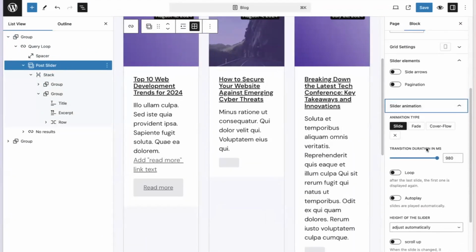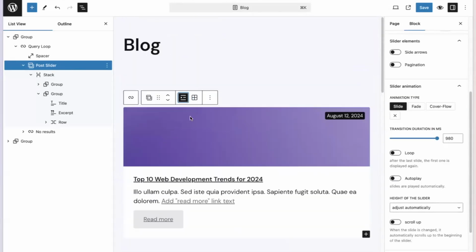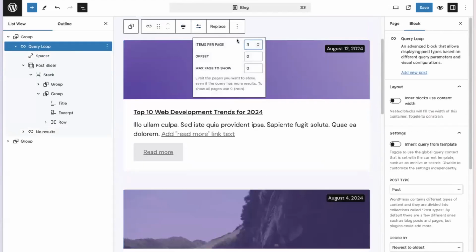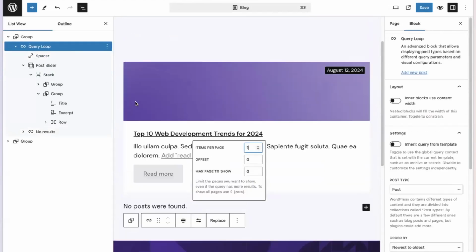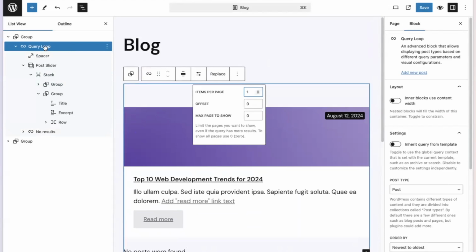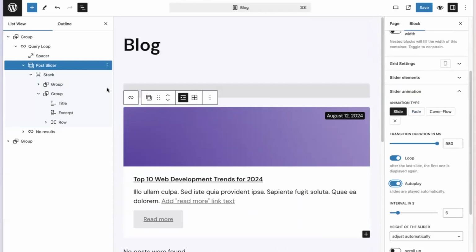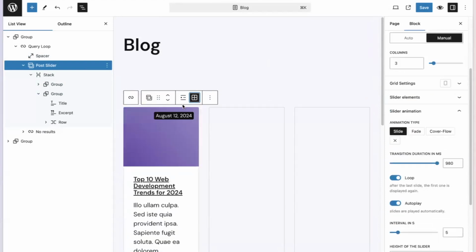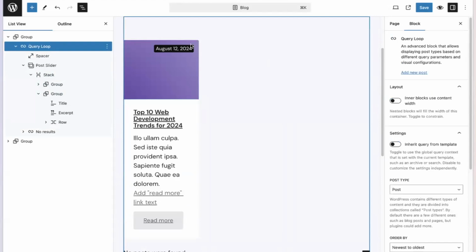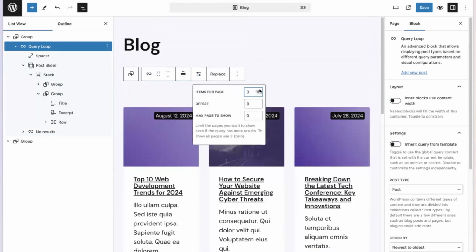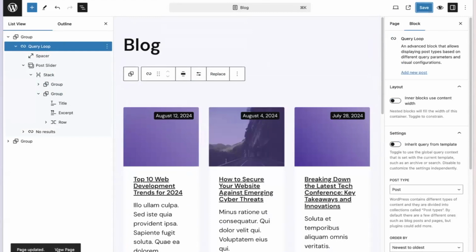I want to have a slider variation, make it one item per page, so we only see one item per page. And we now want to make this a loop with autoplay and slide from the next slide. Actually, make it 3 again, 3 is a bit better to showcase what I'm really about. So yeah, publish this and take a look.